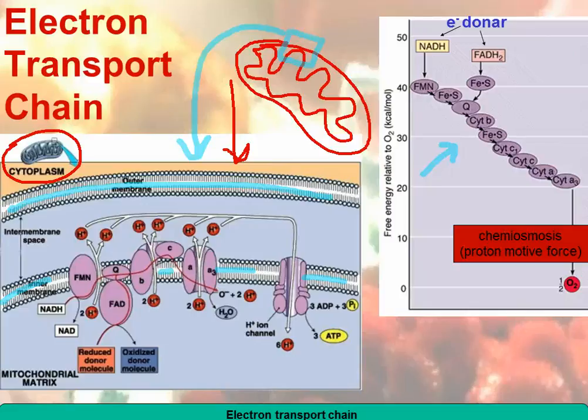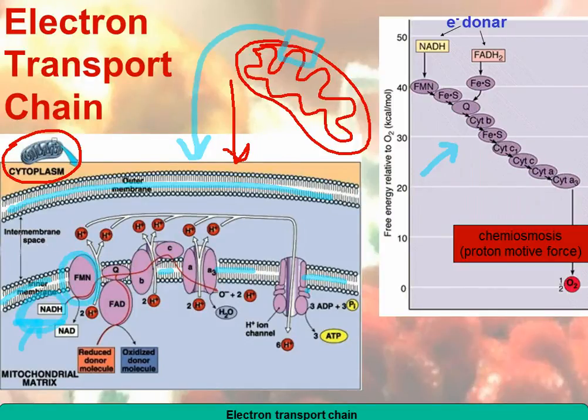Okay, so we're going to start over here with NADH. Remember all those NADHs that we made in the Krebs cycle? Made about 6. Remember we also made some NADH in glycolysis. We made a couple of molecules in the transition step, plus we made a bunch in the Krebs cycle. All of those come in right here. Now, all these proteins are embedded in the inner membrane. Okay, so first pass off, from NADH, it's going to go to